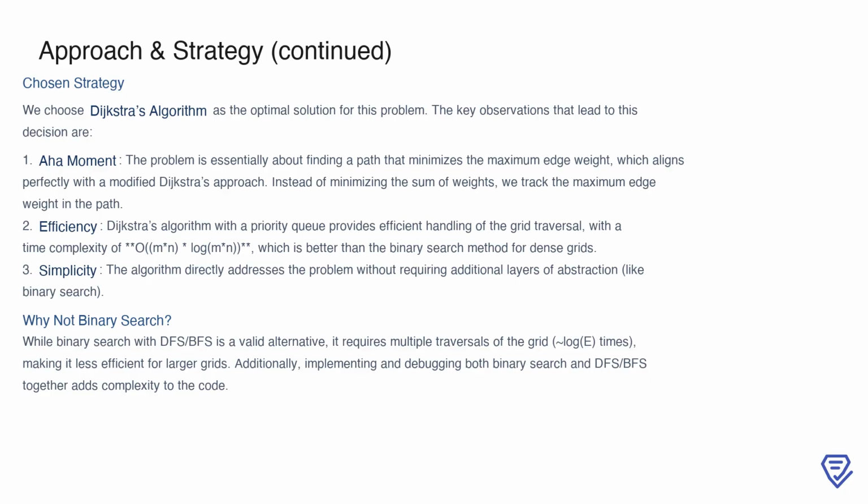This method not only provides an efficient solution with a time complexity of O(m*n log(m*n)), but also simplifies the implementation compared to alternatives like binary search with DFS or BFS. Although binary search is a valid alternative, it requires multiple grid traversals, roughly log E times, which is less efficient for dense grids. Additionally, combining binary search with DFS or BFS increases code complexity, making Dijkstra's algorithm a more straightforward and practical choice. By directly addressing the problem with a single traversal strategy, Dijkstra's algorithm effectively balances efficiency, correctness, and